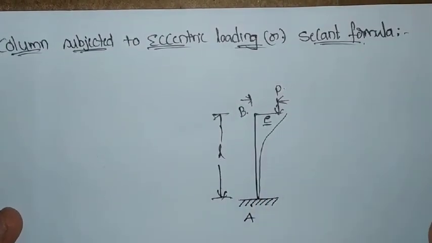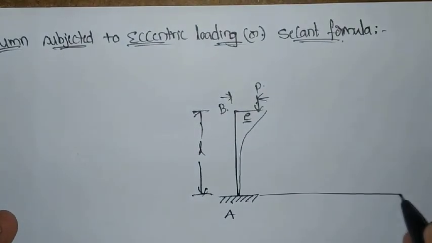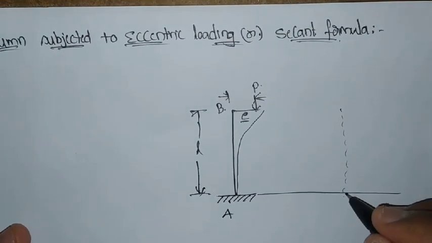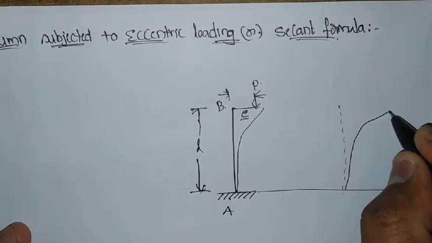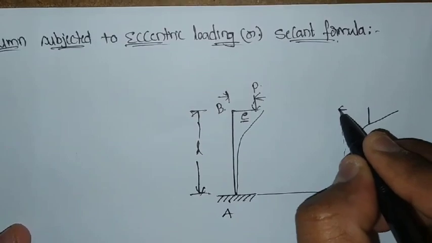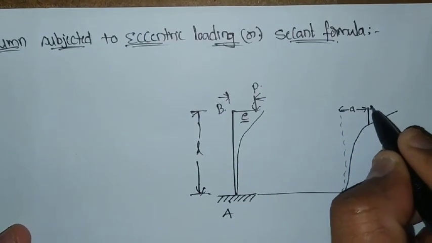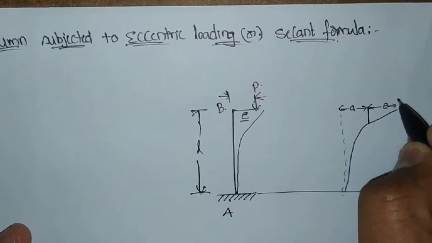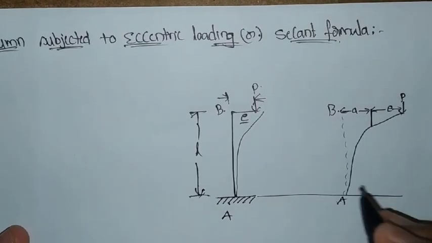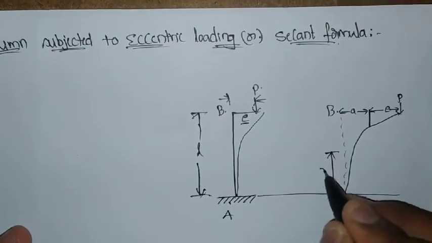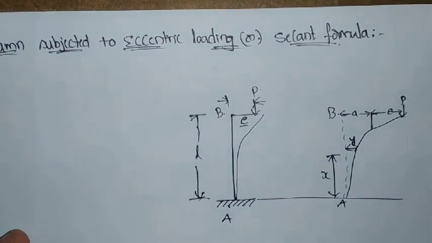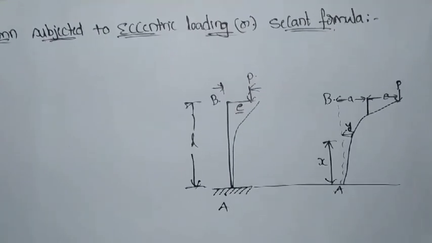Additionally, with this eccentricity, when the sway effect occurs, the column is going to tend like this. This tending effect is denoted with a, along with the eccentricity e. The eccentricity is included in the problem itself. This is the column AB, and at a distance x we have to find the deflection y. Now we will see, if the eccentricity acts on the columns, how they are going to deflect.